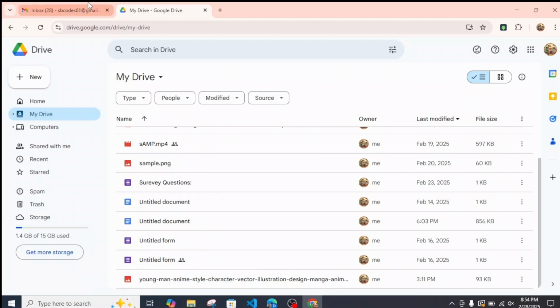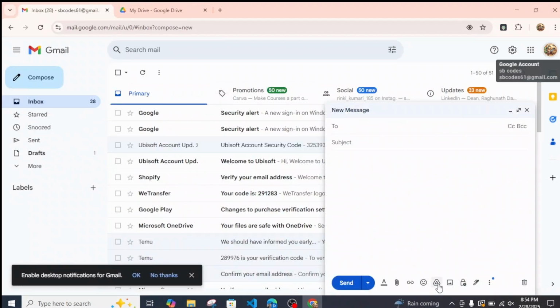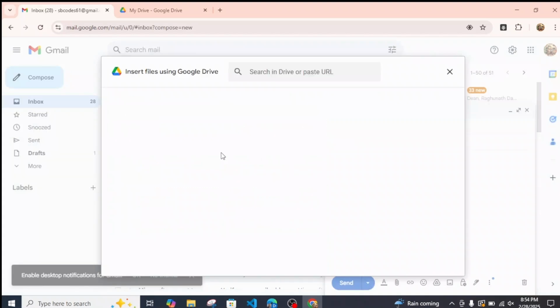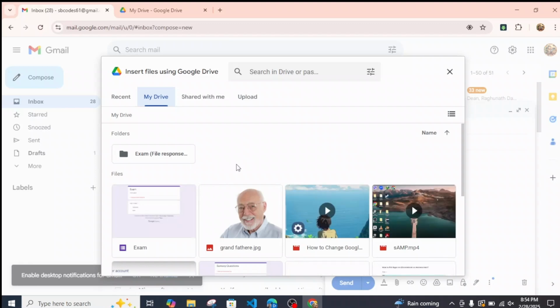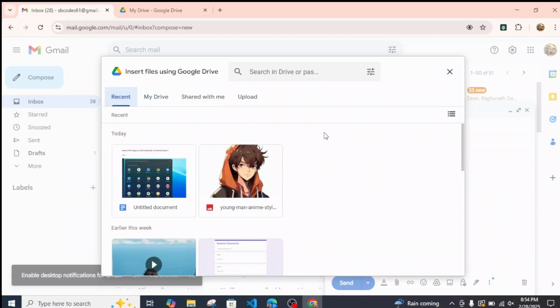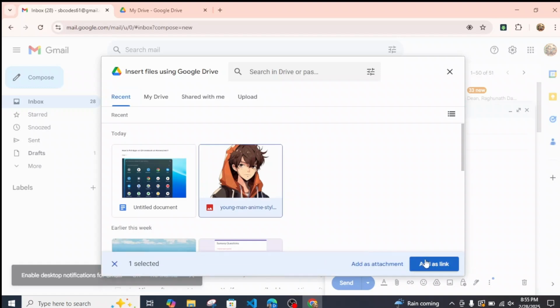You can also actually access your drive folder from over here, like insert files using drive. You can simply click on it and open up your drive and just tap on my drive from over here, and it will directly show you all types of files inside of your drive. So what you can do for now is let me just show you a quick way. So since I want for example this file to be attached as a link or as an attachment, so simply